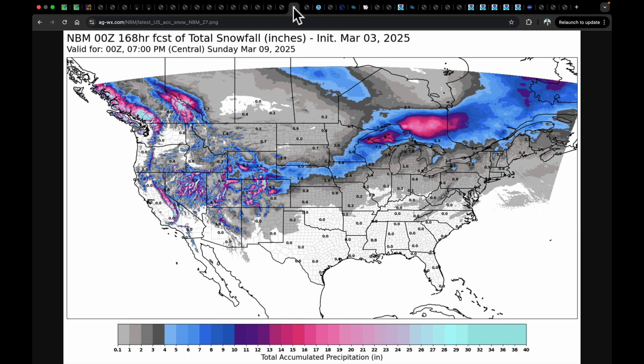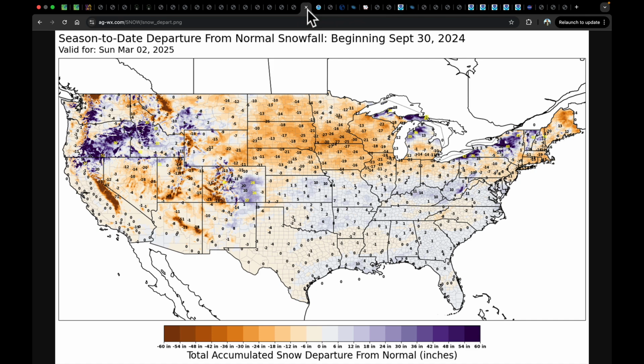And the final model is the NBM, which is a blend of all of it. And that's what we've got. So take a close look at that map. Okay, on the precip side of it, why this is so important is because if we just look back at